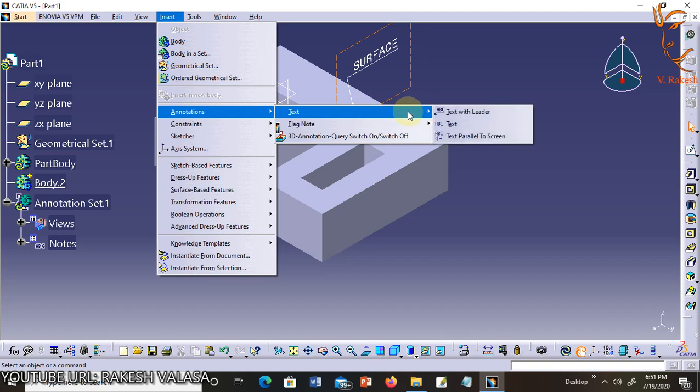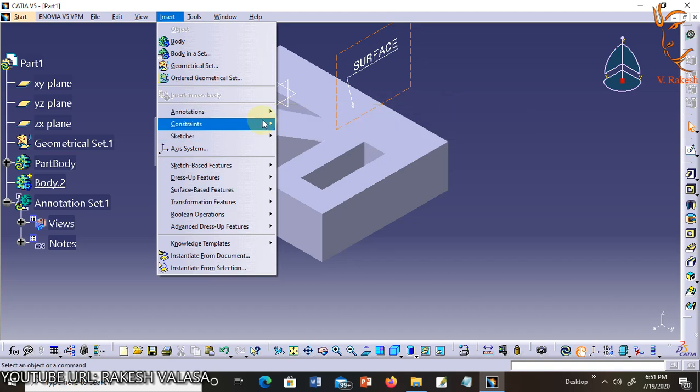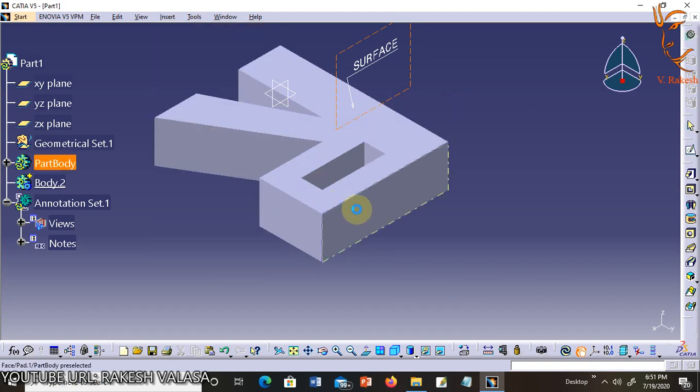For example, I am choosing this option, constraints, constraint. I am selecting this edge and dragging it below. A reference constraint has a set of brackets around it.